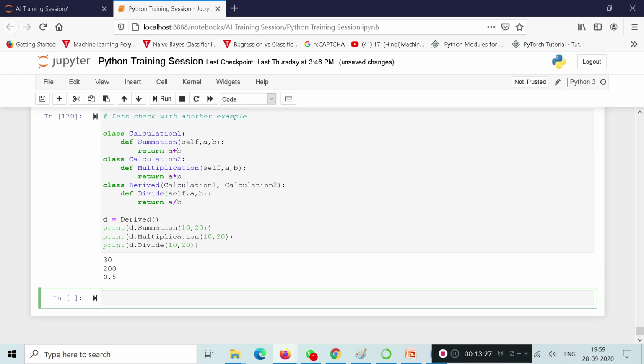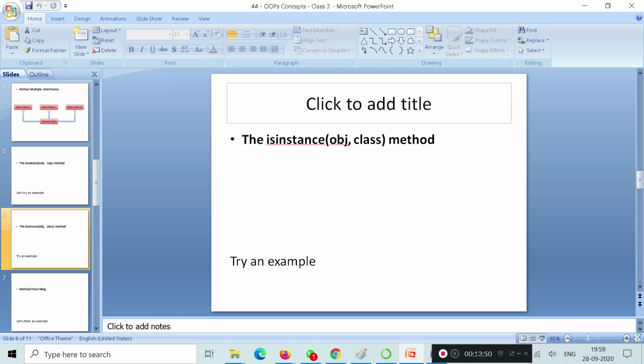So first one, what we have is summation is 20 plus 10 is 30, and the second one what we have multiplication, sorry, 10 into 20 is equal to 200, and the third one is a divided by b, 10 divided by 20 is 0.5. Right,